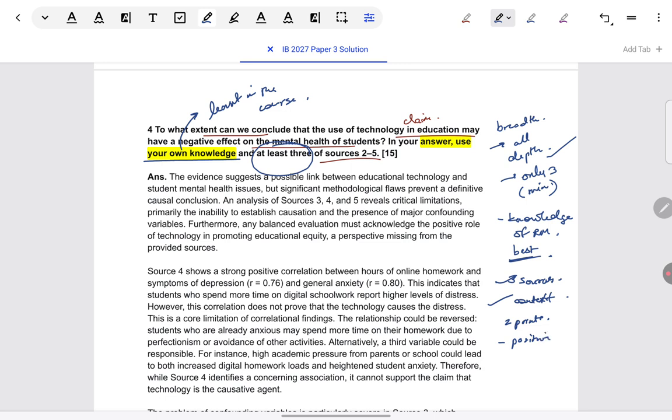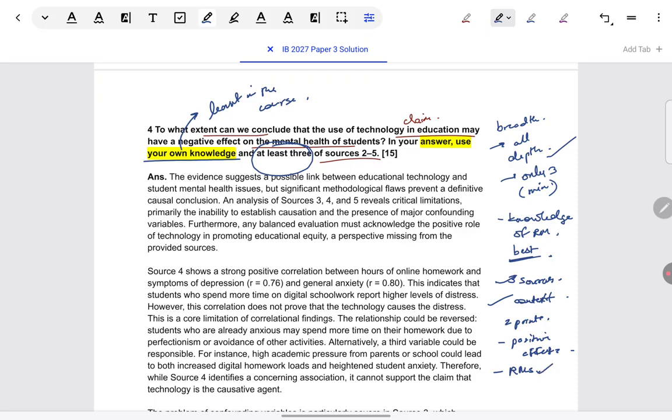The claim seems to be very skewed according to me. It doesn't talk about any positive effects of technology at all on mental health, only negative effects. So I would like to make some argument about positive effects also, to show how this is a very reductionist or a one-sided claim. Also, I've learned so much about research methods, how they tend to be very weak in this area, like a lot of self-reporting. And I can see similar things in the sources given.